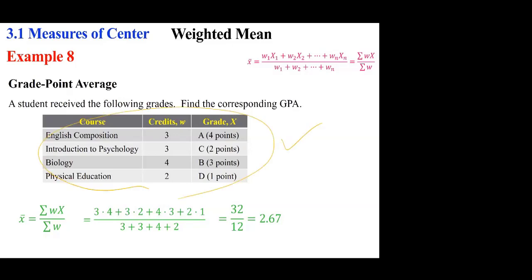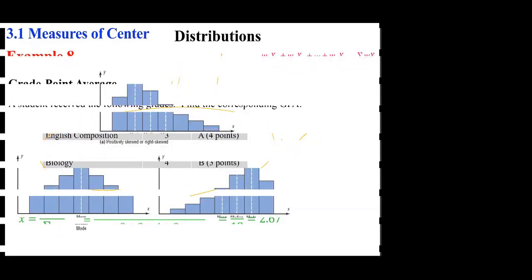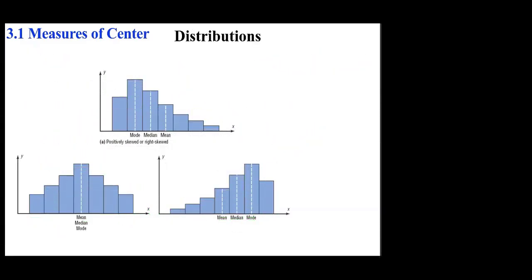The weight is the number of units. And normally A is worth 4 points, B is 3 points, C is 2 points, and so forth. So you have to multiply those 2 columns, and that would be the sum. You divide by the total number of units. That's how GPA is calculated. As far as the distribution is concerned,